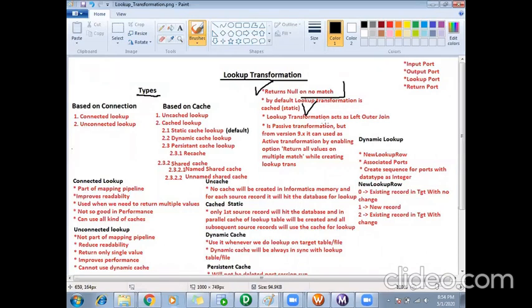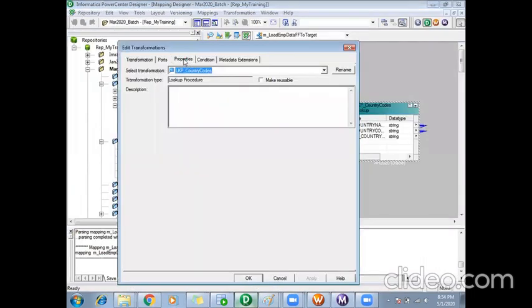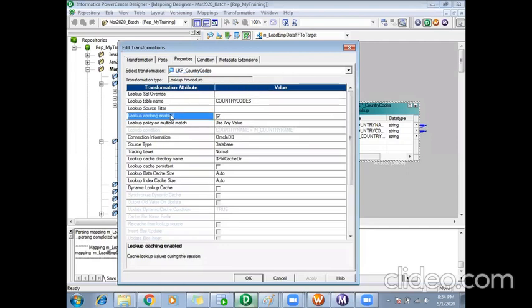Whenever we create a lookup transformation, that entire table or flat file on which we are doing a lookup will be cached in Informatica. If I go to my lookup properties, you see this attribute, lookup caching enabled. It will be enabled by default.